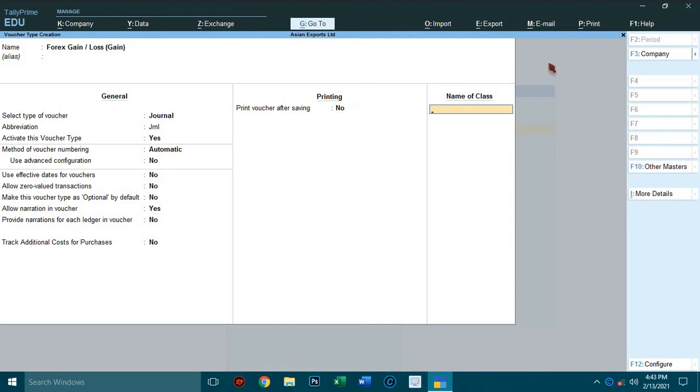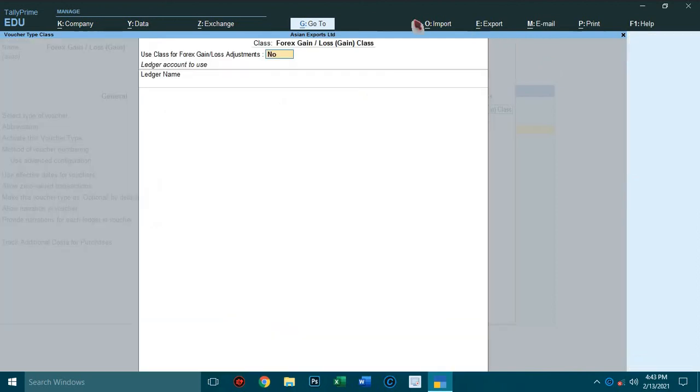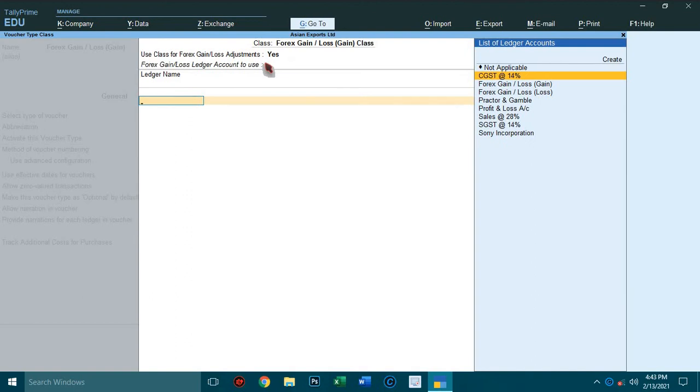In name of class type forex gain or loss within bracket gain, close the bracket, class. Use class for forex gain or loss adjustment, set to yes. So ledger name, select forex gain or loss gain ledger.